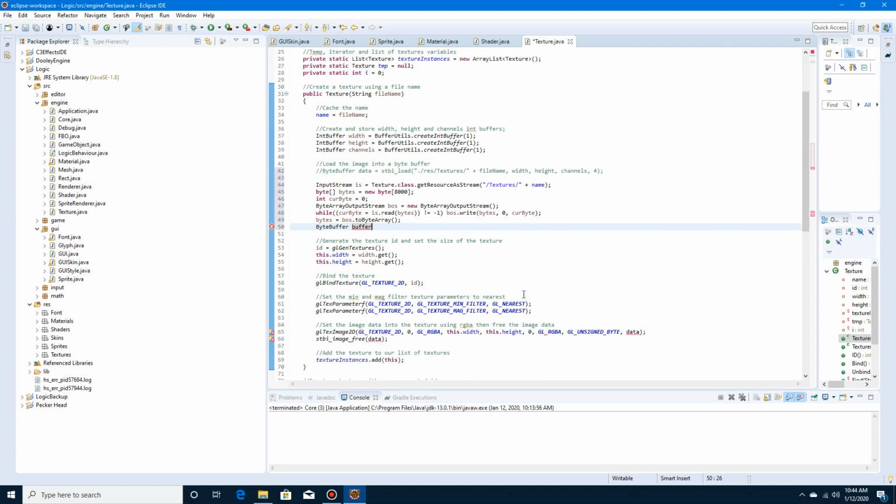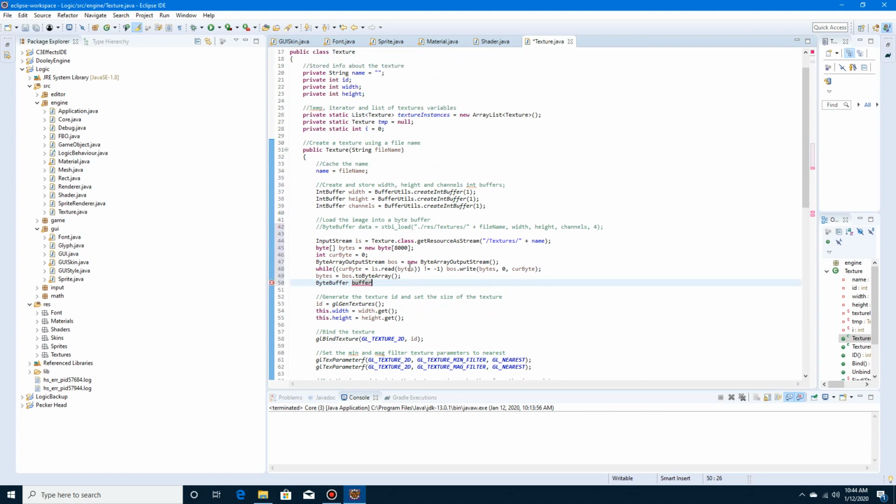I didn't call it buffer, did I? I called it data. Let's remove that. I thought I called that buffer. I normally do. Byte buffer data